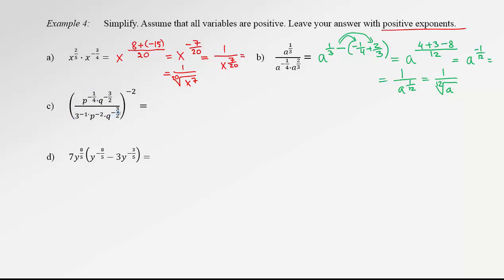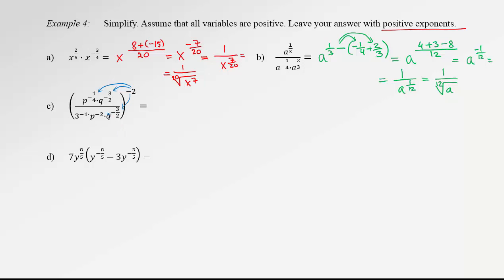Here we have so many powers and everything is raised to another power. What we can do, we can clean up whatever is inside the bracket and then deliver the negative 2. Or we could deliver the negative 2 and then simplify. Both ways are really fine. In this case, since we have fractional exponents that at least some of them can be reduced when multiplied by negative 2,